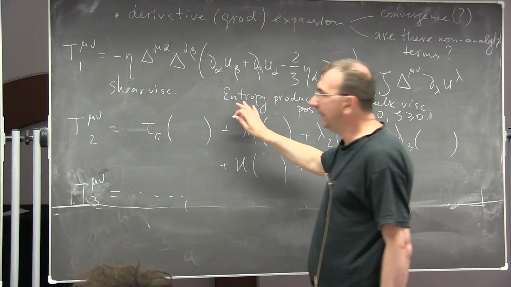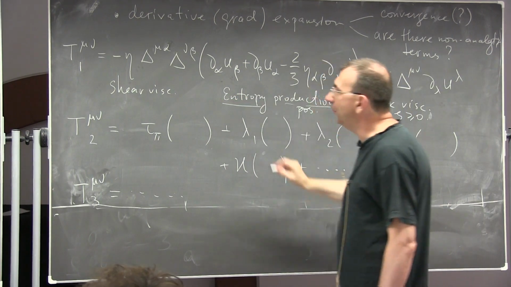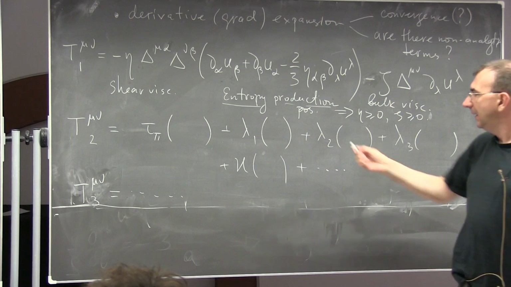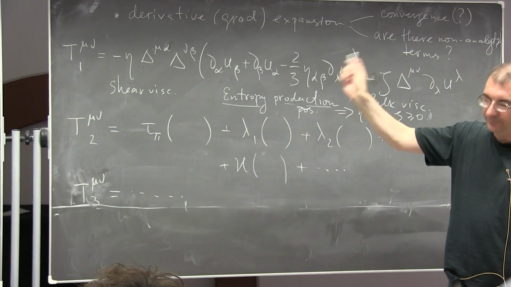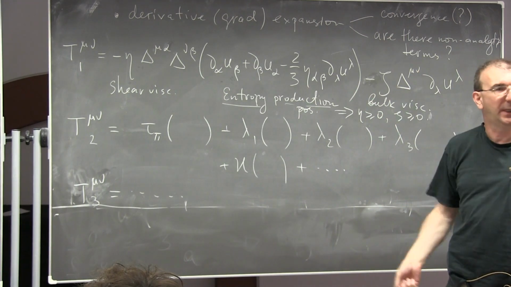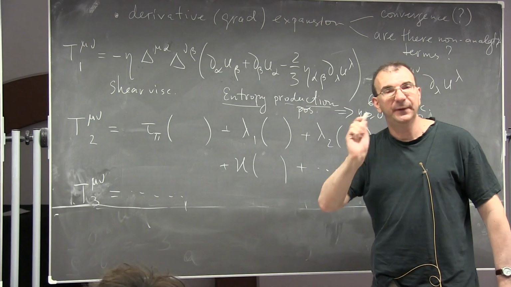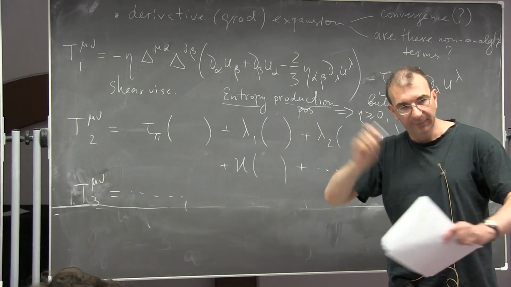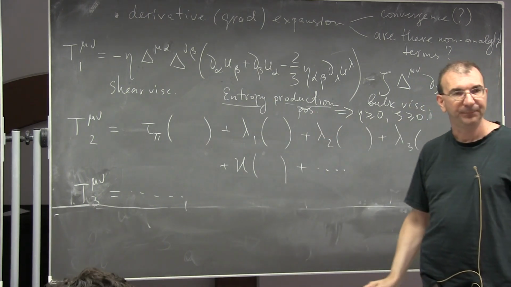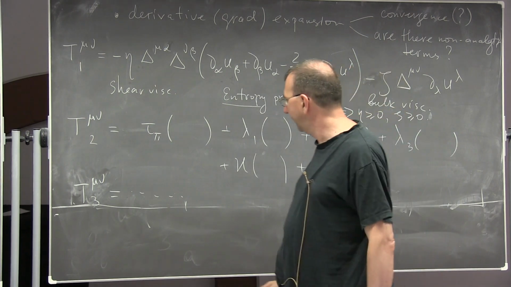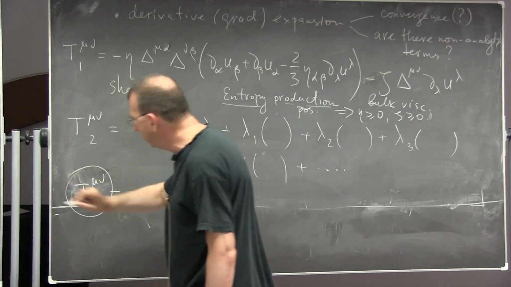So the same analysis was done for the second order hydro, and this analysis reduces the number of transport coefficients. So if you just analyze tensor structures, you will get, I don't remember exactly the number, but suppose you get something on the order of 100 or maybe 80 or something like that. And then the entropy production analysis reduces this number to, let's say, 64, right? Because not all of them are independent, and they have to obey inequalities of this type. Okay. And equalities also.